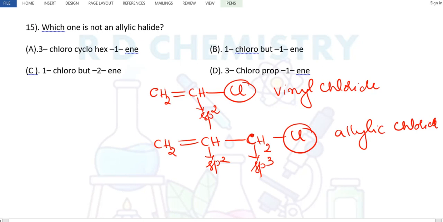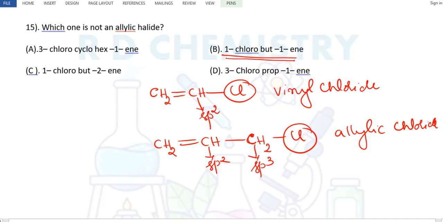That means, whenever there is a allyl halide, halogen should not be attached to the double bond. If they are on the double bond, then they are the vinyl. That means one of the compound is vinyl. Now you can write the structure of all these and check verify, or see the numbers given there. It can be 1 and 2 number, 1 and 3 number. Suppose I get 1 and 1.